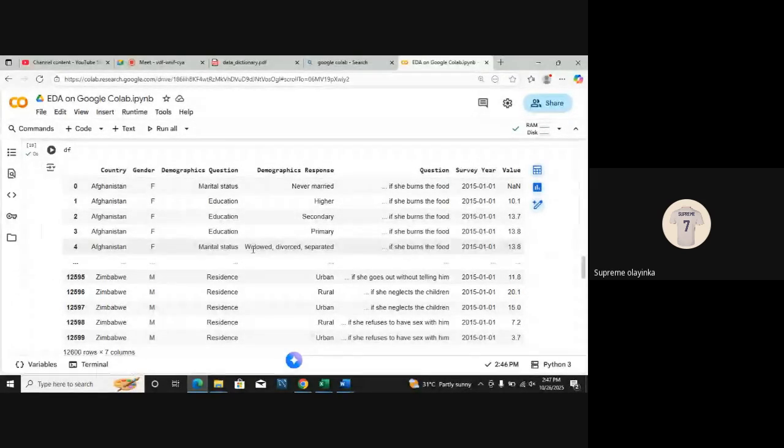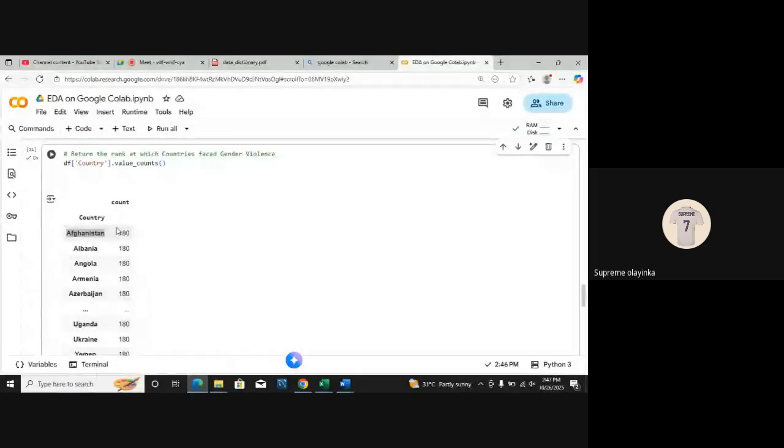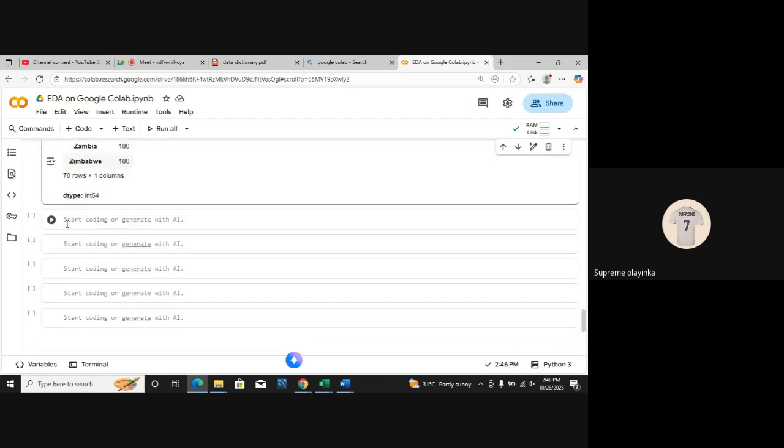So I want to know how many times these people occur in this particular data set, and that's why I'm doing value counts. But in this case, all the countries present in this data set have the same occurrence. So we can't really say this is the particular region that is suffering from gender violence the most. So okay, that's number one. Now let's move on. Do you understand that one, or can I go over it again?